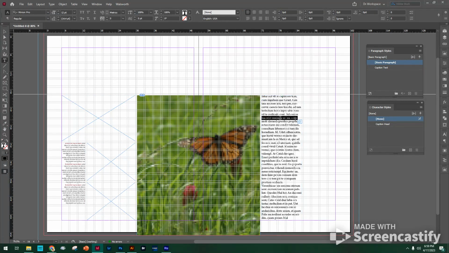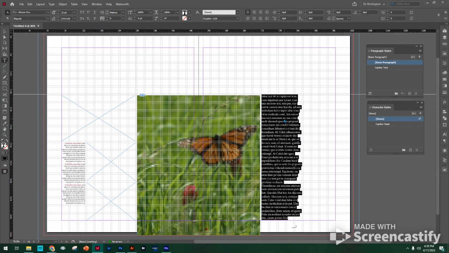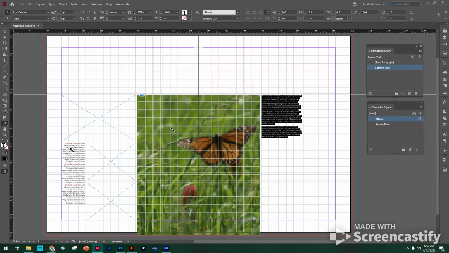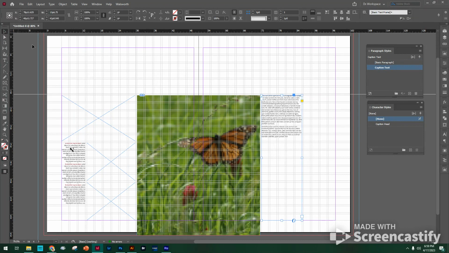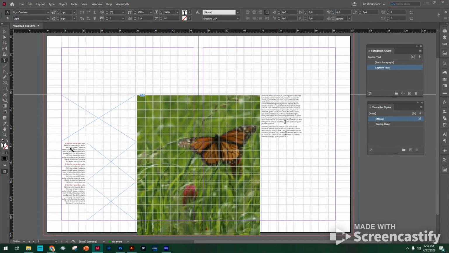So now that we've got that changed, inside this text box, Control A to select everything. Go back and select this color picker, and we're going to click on this text and it's going to make all of this that we have selected the same as this over here. So it's just the same, but the only thing that we want to be a little bit different, we're going to take this and